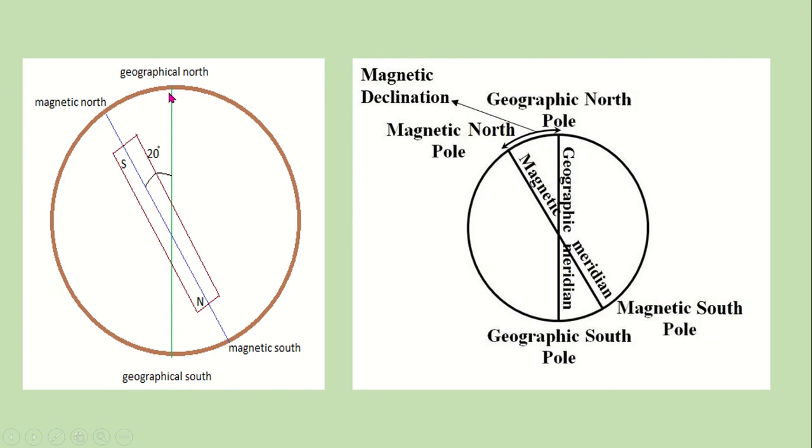So look, geographical north, geographical south, and the imaginary line that passes through this geographical north and south is known as geographical axis. And that is the geomagnet, or Earth's hidden magnet. You know Earth's hidden magnet south is towards the North Pole and north is towards the South Pole, and that is what? Terrestrial magnetic axis. This line is terrestrial magnetic axis,